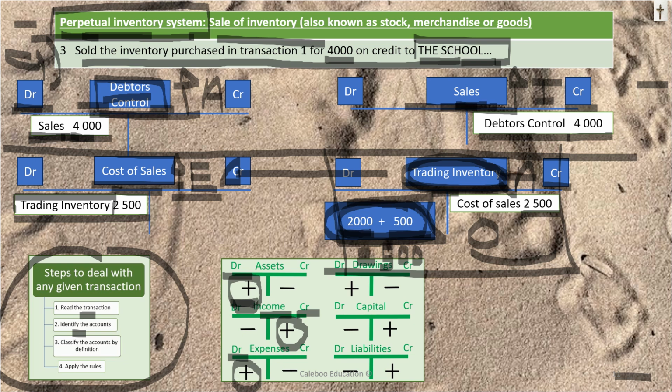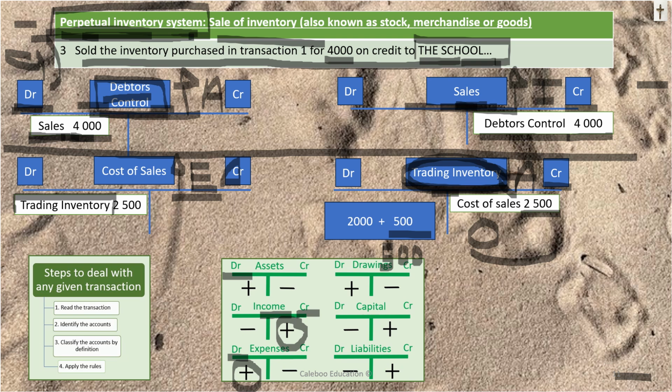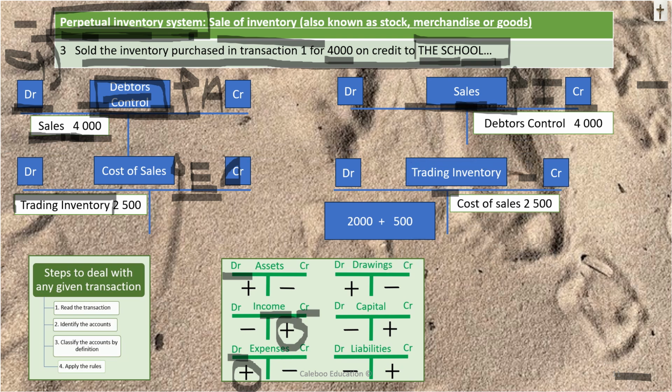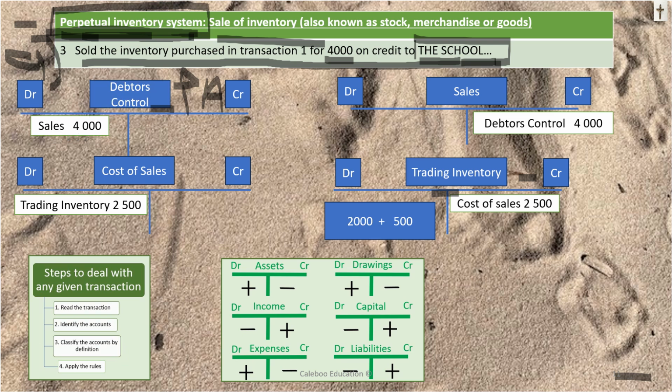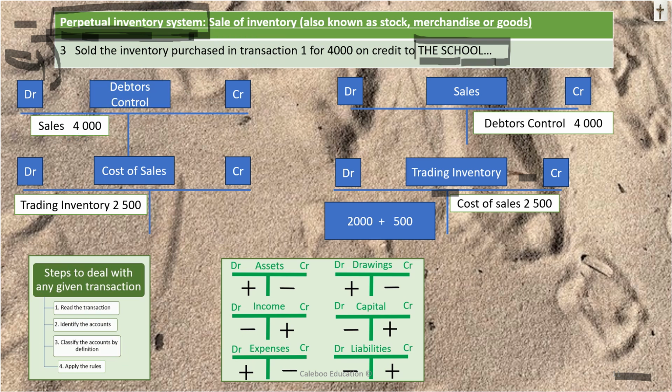Now the advantage of this particular method of recording inventory, the perpetual inventory system, is that cost of sales is calculated after every sale. In the periodic inventory system, cost of sales is only calculated at the end of the period. The perpetual inventory system therefore has an advantage over the periodic inventory system because after this sale of stock